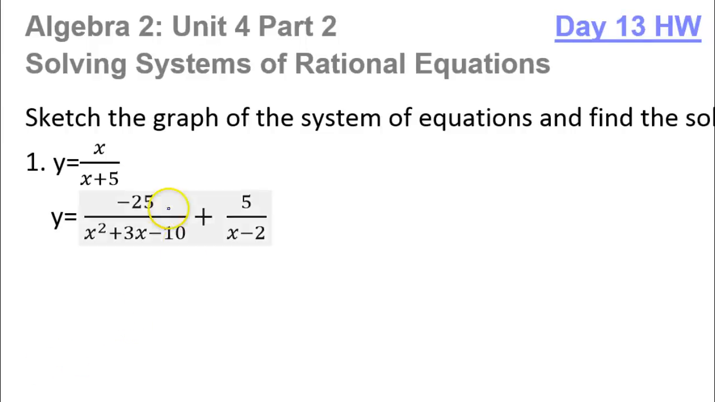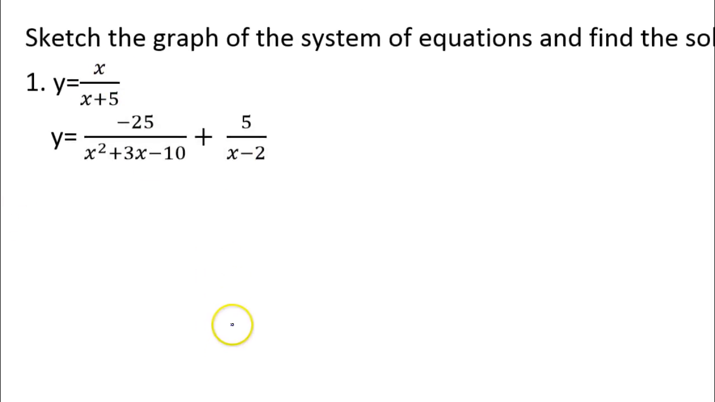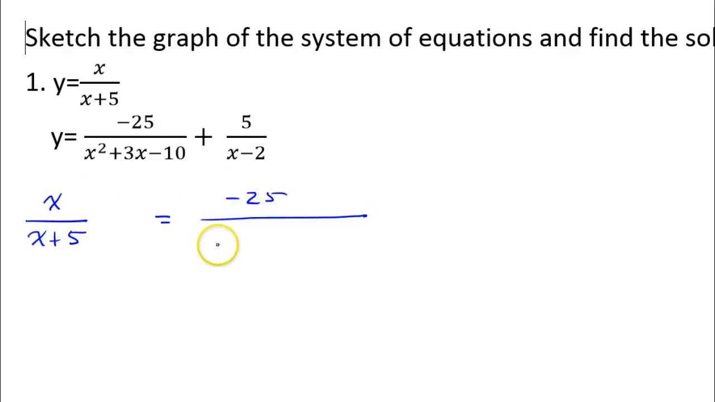Let's solve this system of rational equations. Now, the first thing we're going to do is set these equal to each other. All right, they both equal y, so they equal each other. So that gives me x over x plus 5 is equal to negative 25 over, let's go ahead and factor